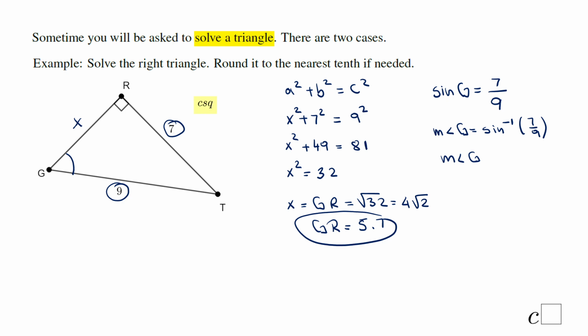I'm going to ask the calculator to give us the angle for which the sine is 7/9. That will be 51.05, so I'll say 51.1 degrees. And we need to find one more part, so we have this one, 5.7. We have this angle, 51.1. And by the way, in the calculator, I have it with all the decimals. The last thing you need to do for finding this angle T is subtract what you have in your calculator from 90,